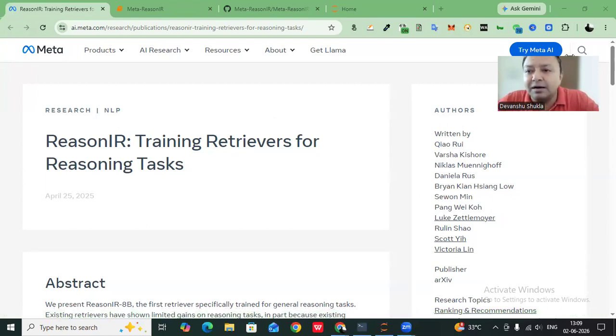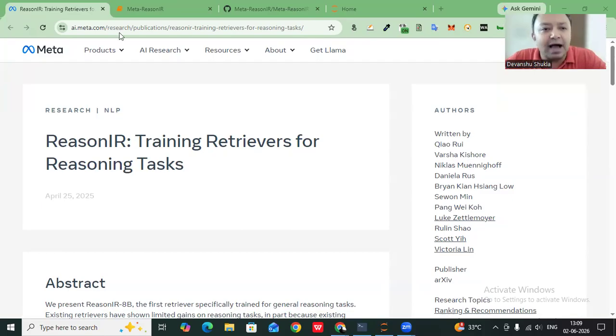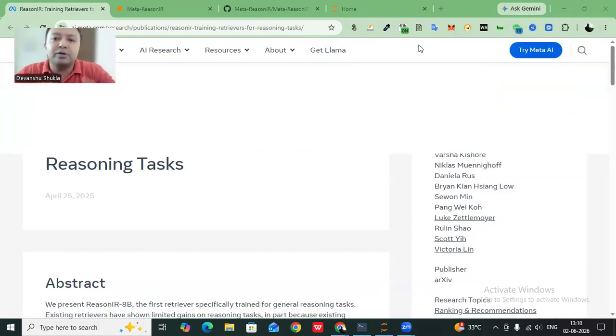Basically, Meta's ReasonIR article introduces ReasonIR 8B. It is a retriever which is built specifically for reasoning-heavy RAG systems. Normal retrievers are good at simple factual search, where the answer is directly written in a document, but they struggle when the question needs background knowledge, indirect clues, or multi-step thinking. So ReasonIR solves this by training the retriever to find documents that are useful for reasoning, not only documents that